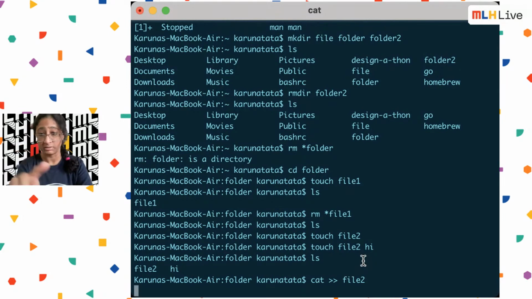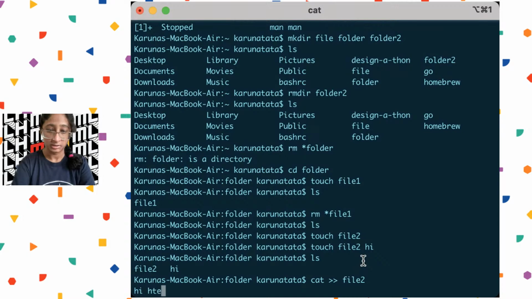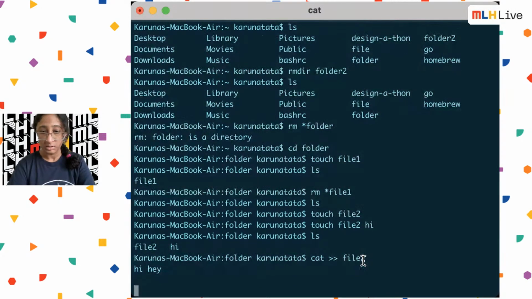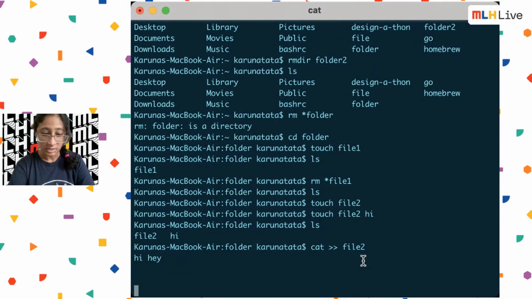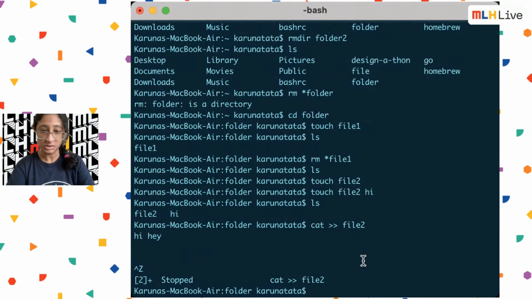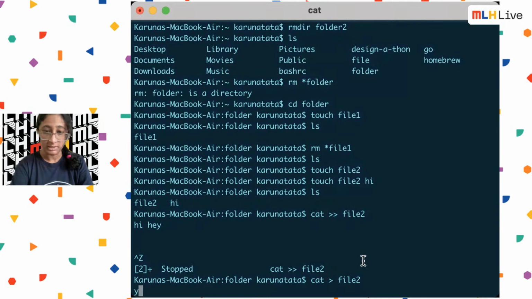We can do that using two greater signs there, and I can type hi, hey, something, and then I can just exit, and we can see cat file. It will still do the same thing,